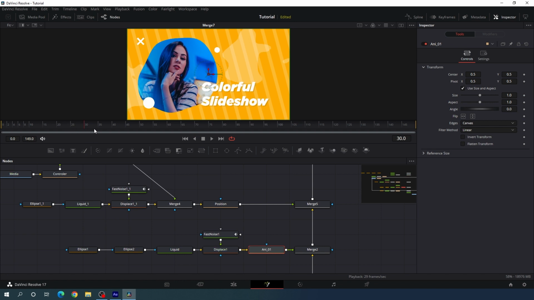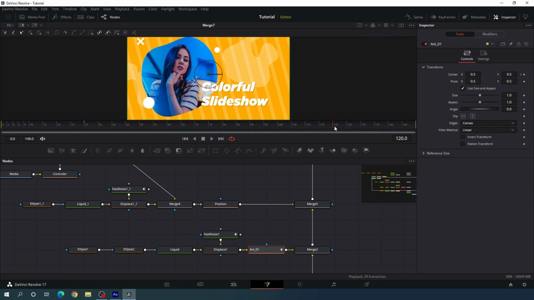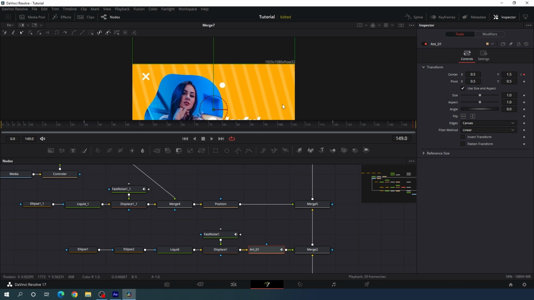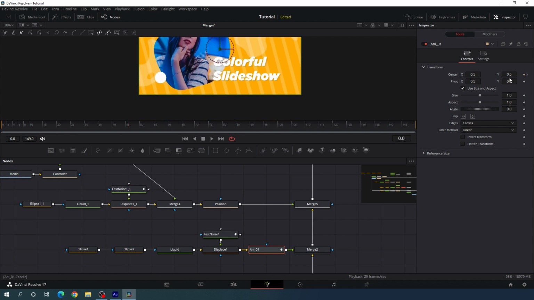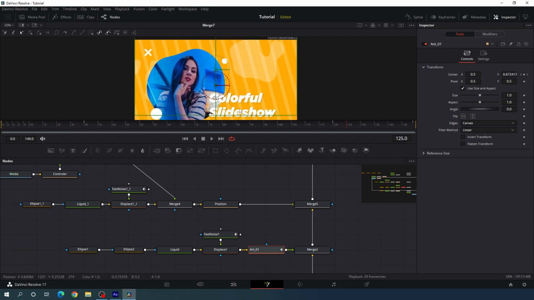Go to frame number 30, which is equal to 1 second according to 30 frames per second. Here we have the center, right click on center, click on animate. Go to frame number 120, which is equal to 4 seconds according to 30 frames per second. Click on this diamond button and lock the value as it is. Go to the end of this animation and set the center Y value to 1.5 and place the frame just like this. Go to the very first frame of this animation and we have to set the center Y value maybe negative 0.5. Alright, and we will get this type of effect, but this animation is linear right now,